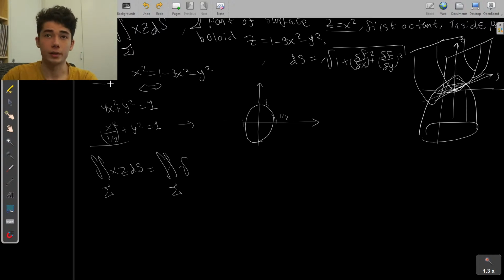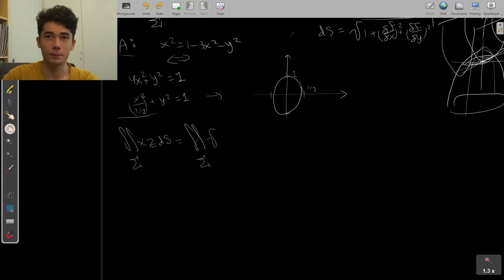If one of the coordinates can be written as a function of the others, then we can write this as, if we take the partial derivative with respect to x, what do we get? We get 2. That's 2, so that's 4x plus our partial with respect to y, so that's 2y, I think.